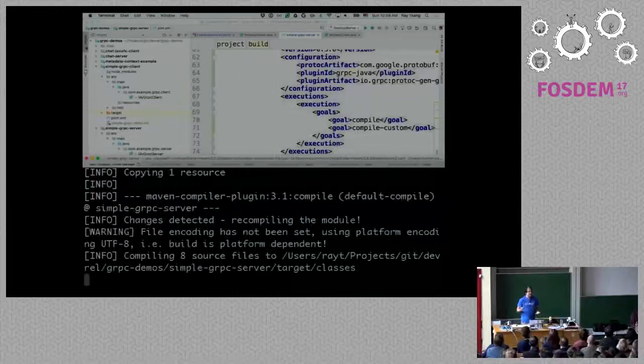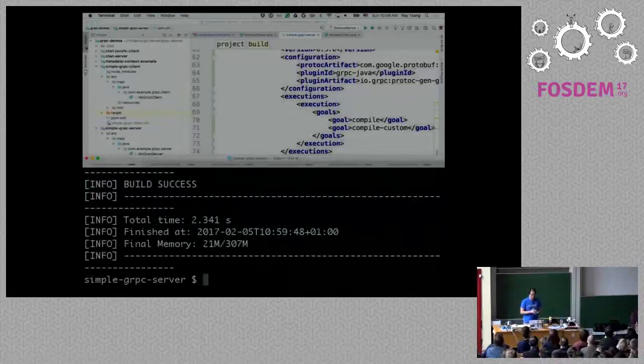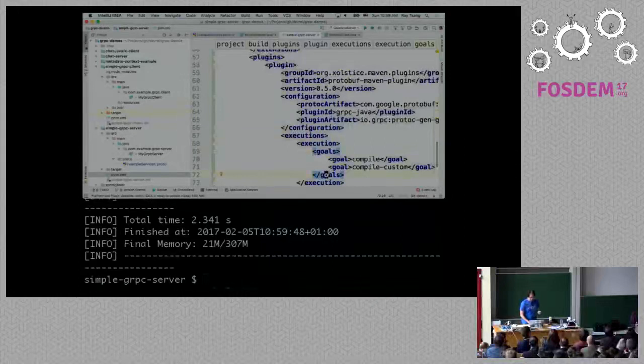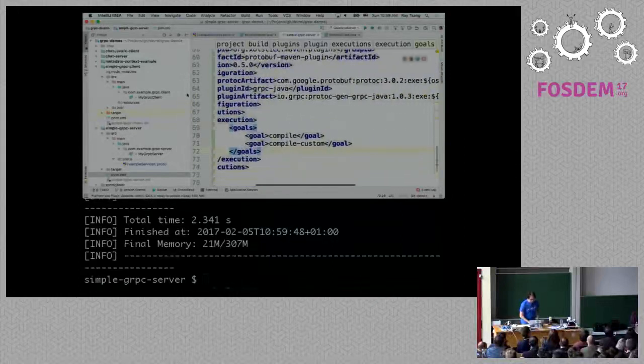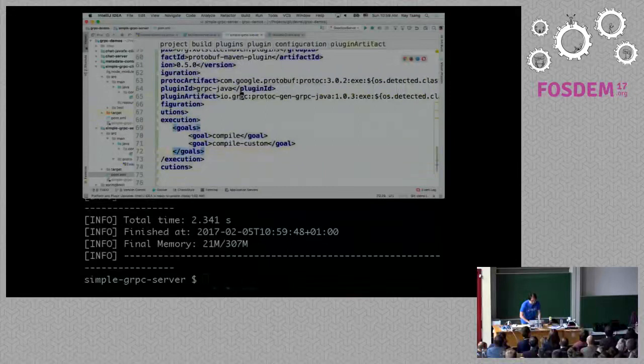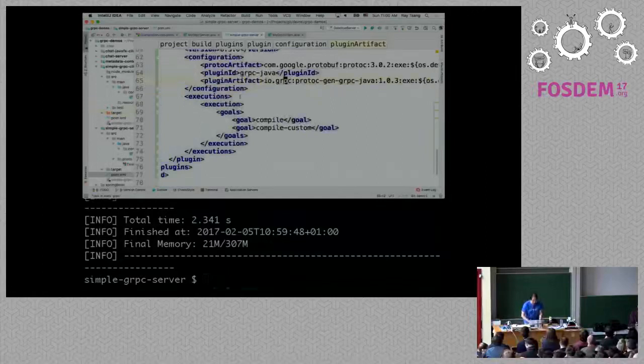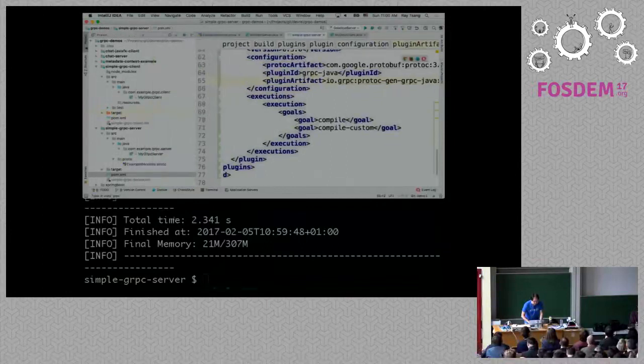And let me do a Maven package. What happened now is that the generator is tied into the packaging phase, or the compile phase of the cycle. What's interesting here is that this plugin actually downloads the right binary for your architecture. If you're on a Mac, it's going to download the Mac version. If you're on Linux, it's going to download the Linux version of the compiler, the gRPC compiler or generator. Different platforms need a different binary. But they really made it easy for Java developers to get started as well.